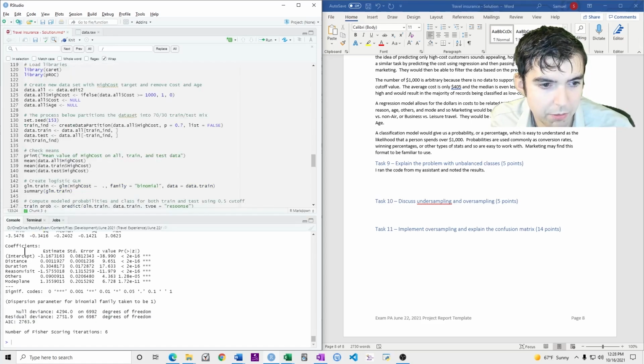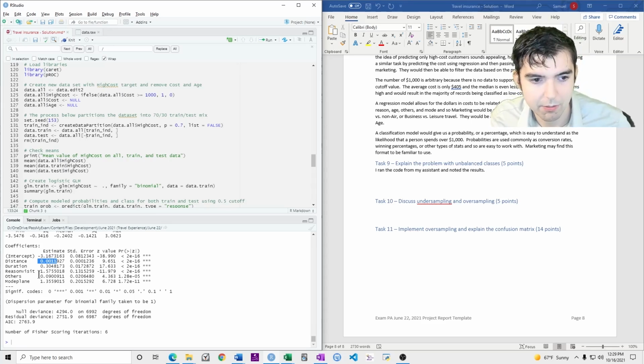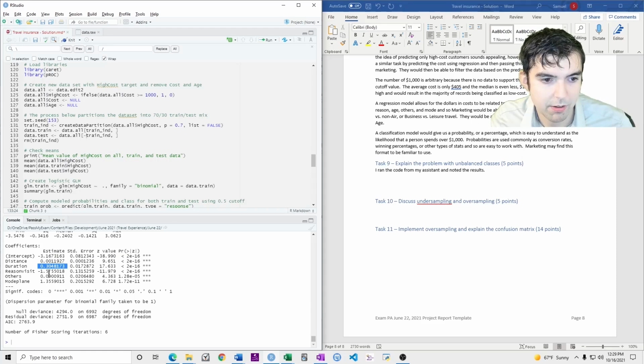AIC. And then also look just to see if the signs of the coefficients make sense. Distance is positive, I guess. So as you increase the distance of the trip, you increase the cost. That makes sense. As you increase the duration of the trip, that should increase.